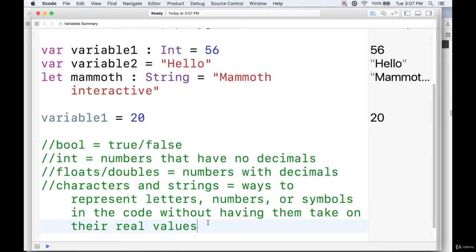Okay? So booleans good for true or false when there's only one of two options. Integers are good for non-decimal numbers. Floats and doubles best for decimal numbers. Characters and strings are good for storing symbols or letters or numbers without them taking on their real values, or to represent text within a code. So good for also changing stuff like text fields. Okay, so we looked at each of these, went through what they are, we looked at some examples, and then